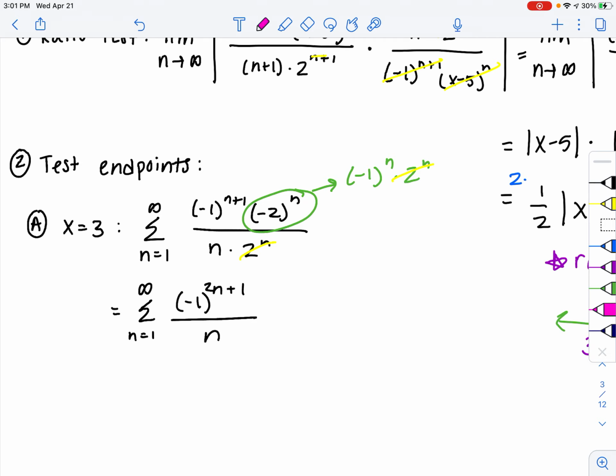Okay, so then 2n plus 1 is always an odd number, and negative 1 raised to an odd exponent is always just negative 1. So we're going to say, okay, this is equal to negative 1 over n. So now we need to decide, does this converge or diverge? If it converges, we include the 3 in our interval. If it diverges, we don't. So this series is going to diverge,